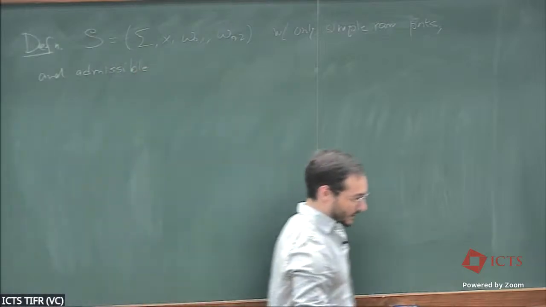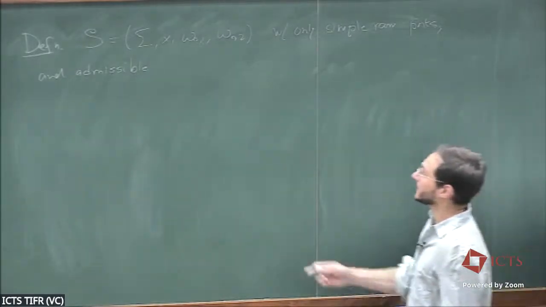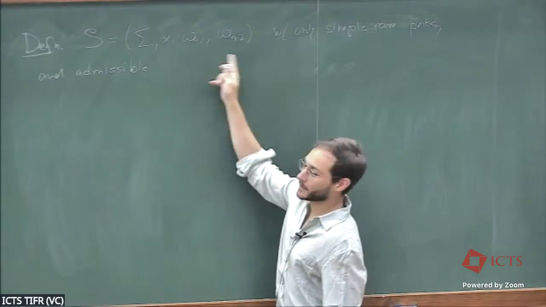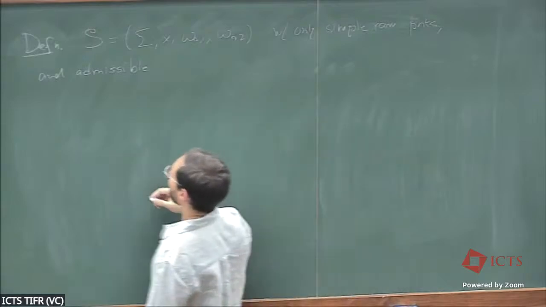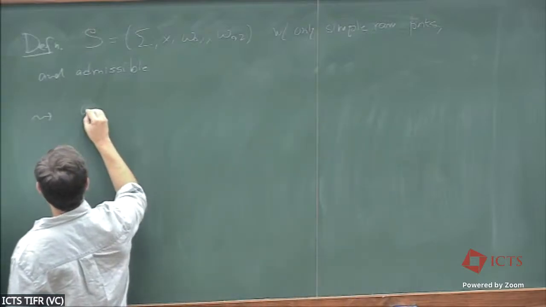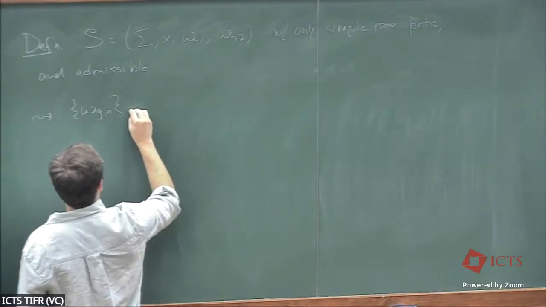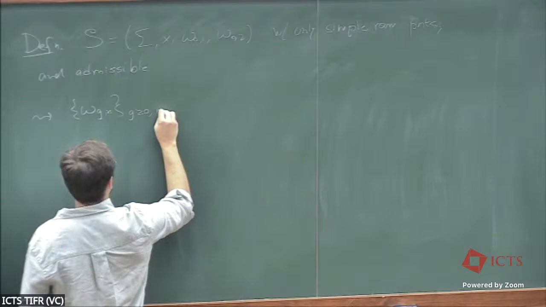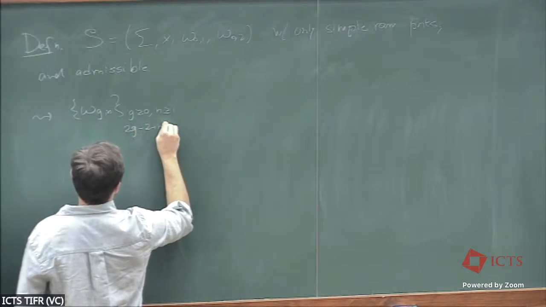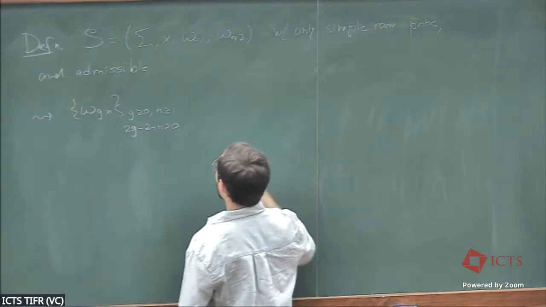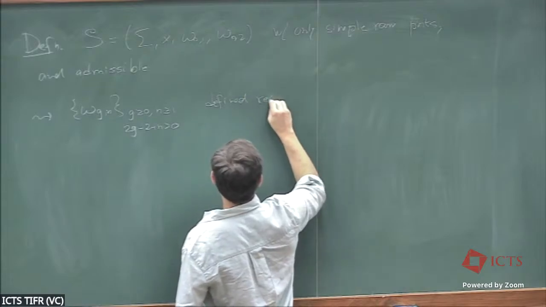So what topological recursion is providing to you is a collection of multi-differentials that are recursively defined from this data, and the recursion is going to be a recursion on 2g minus 2 plus n. So we're now going to define a system of multi-differentials for g greater or equal to 0 and n greater or equal to 1 with 2g minus 2 plus n strictly positive. And these are going to be defined recursively